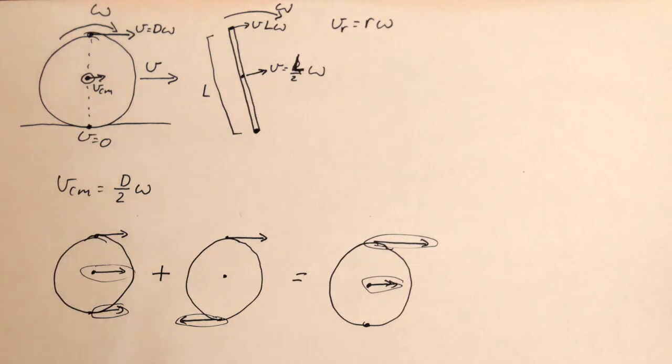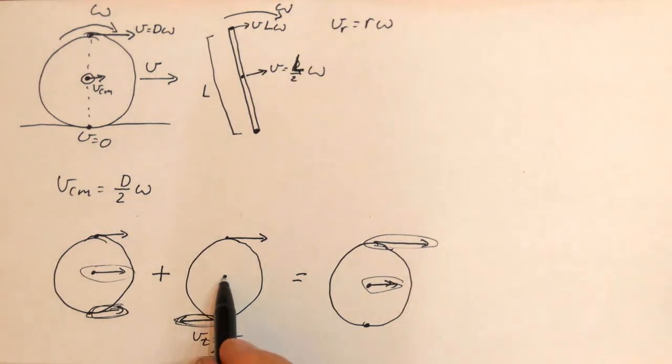But what I want to point out is this is a really powerful and accurate way of analyzing rolling motion, is to break it into its two types of motion. You can break it into translational motion and rotational motion. And by doing that, by noting that this speed here is equal to this speed here, which is the center of mass speed, then this speed, which is v tangential, which we just said is equal to v center of mass, okay? But v tangential itself is equal to r omega,